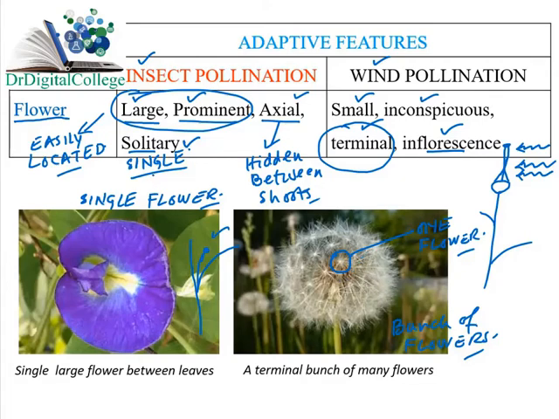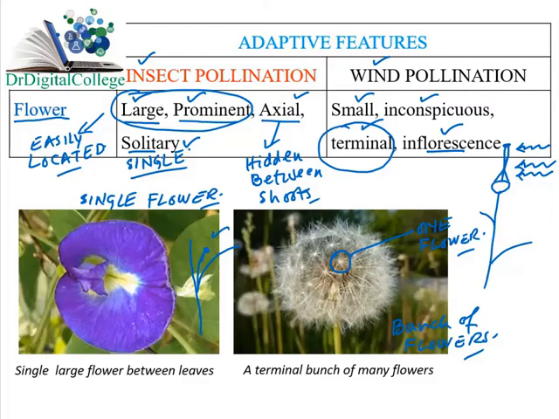Here, as the wastage is less in the case of insect pollinating flowers, a single flower can release a sufficient amount of pollen grains, which will then be carried by the insects or some other agents. Okay, I hope that it is clear to you